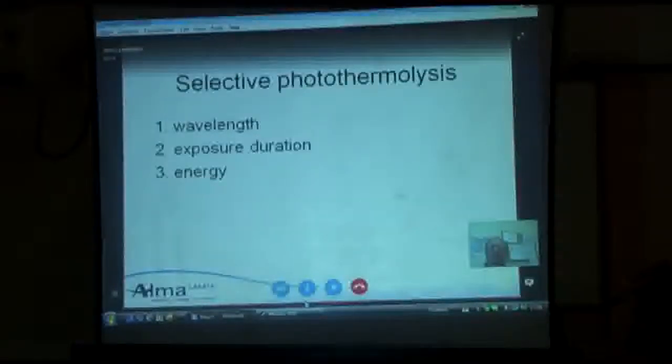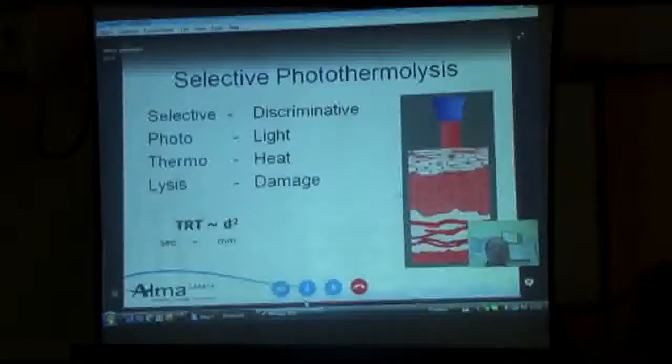For selective photothermolysis, we need to introduce three major variables in lasers. One is the wavelength, the other one is the exposure duration, which is the pulse duration, and the third one is the amount of energy. So selective photothermolysis is basically a selective or discriminative process involving light photons, of course, involves heat production, and involves some damage. All these four variables must be considered in our lasers,